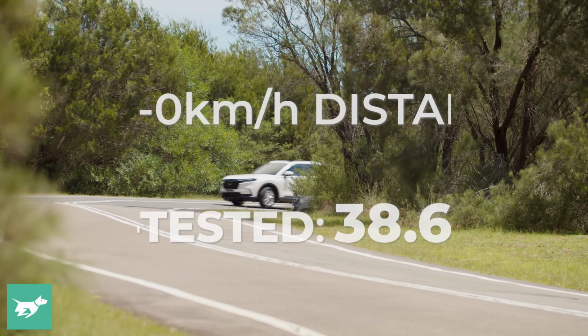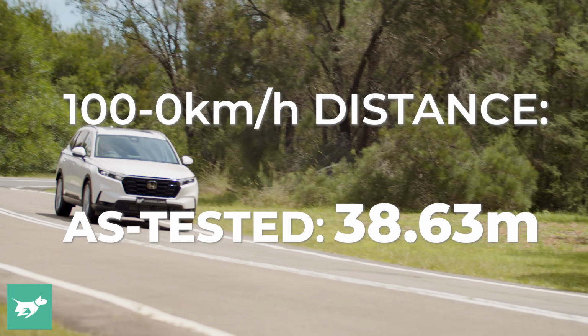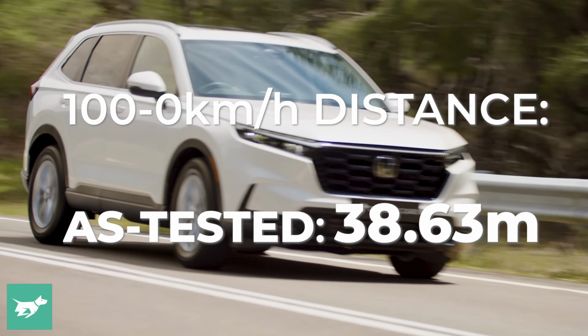As I said, that peak in power is all the way up at 6,000 RPM, but for most of your driving, you're not really going to hear it, and so I think the CVT gets a pass in this regard. When it comes to outright refinement, Honda did make some great strides in this new 6th generation. That's something they really wanted to focus on to make this a more premium experience, and I really do think